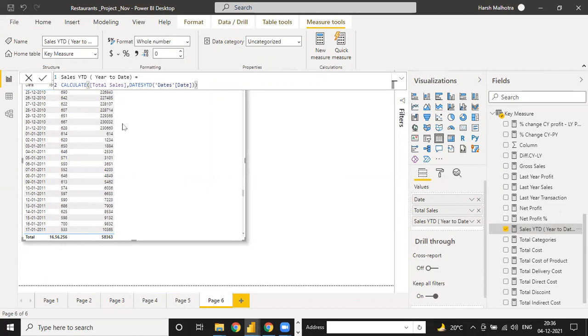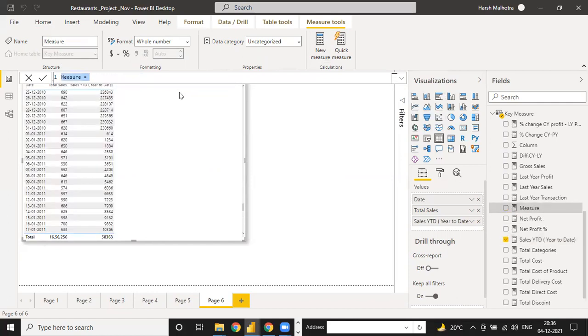Okay, and same way, copy this new measure. What is MTD? MTD means the value will be added till the month end. So instead of sales YTD, you can use month to date and only change this value to DATESMTD. Otherwise, the complete function should be the same.